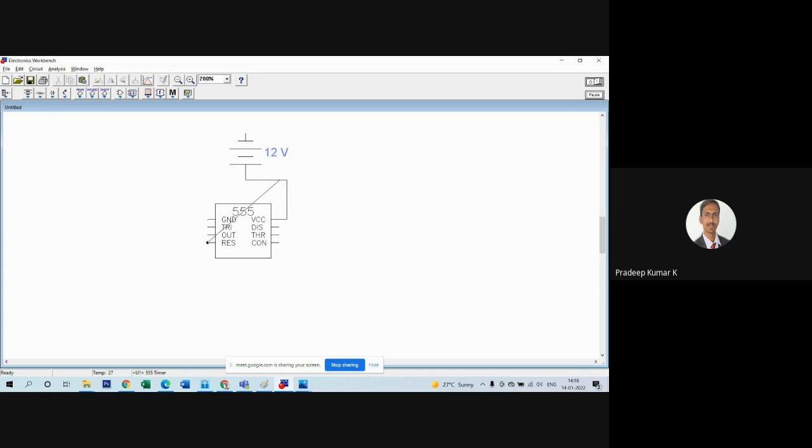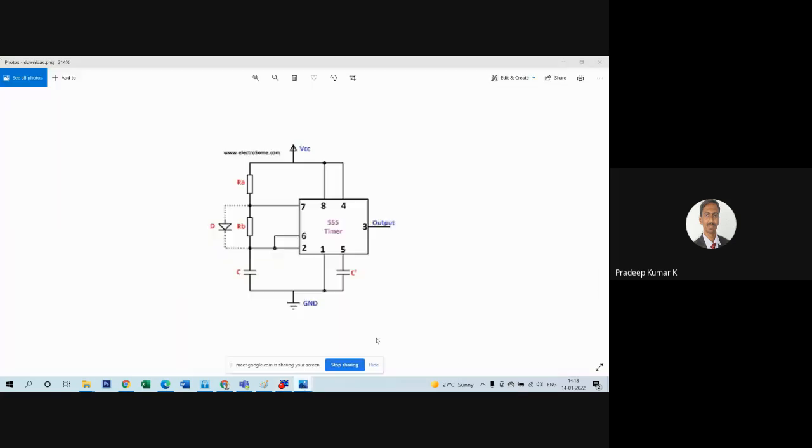So I will try to connect directly to the VCC with the interconnection of this one. Okay, so these two things will show us the connection of pin number 8 and pin number 4 to the VCC. Correct. Next, continuation with the circuit. So we have one resistor, which is RA, and it has to be connected to pin number 7 and pin